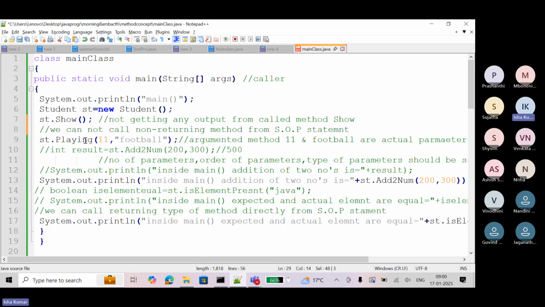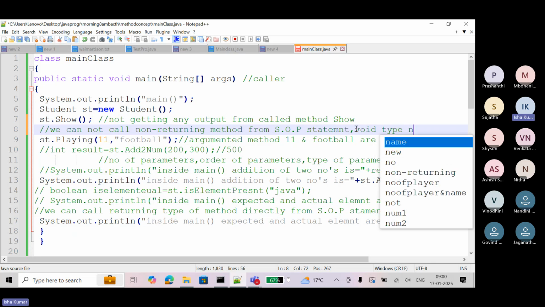No output is displayed in the main method, right? So how can it display the result using SOP? There is no outcome, nothing. That's why you will get an error: void type not allowed.